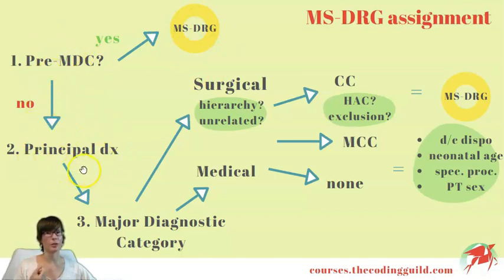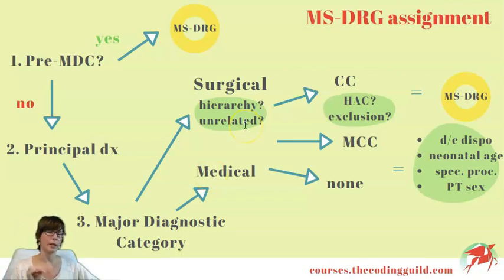On the other hand, if the patient does not qualify for this, we went on to find the principal diagnosis to make sure that this is 100% correct, because that's the starting point that kind of limits all our choices going forward. From the principal diagnosis, we used Appendix B to decide which major diagnostic category the principal diagnosis will fall into. Then within the major diagnostic category, we further specified whether we had a medical or a surgical case. We decided this based on the procedures listed under the surgical categories. This was on top of the MDC.